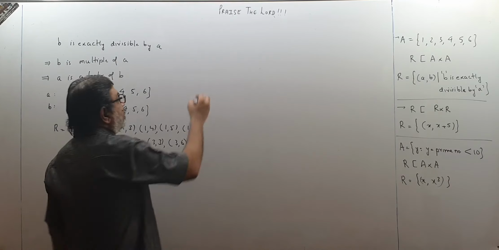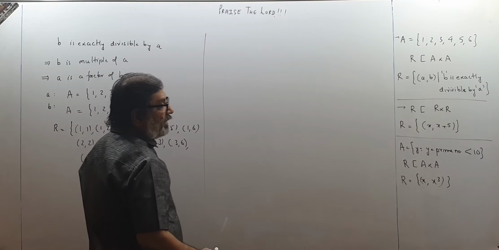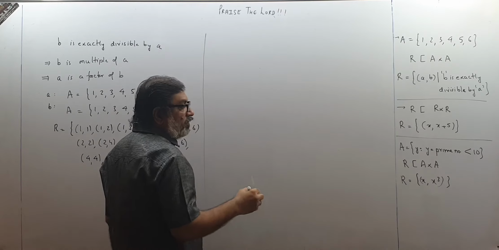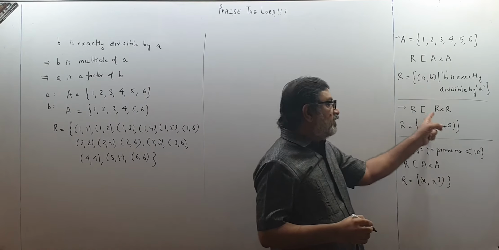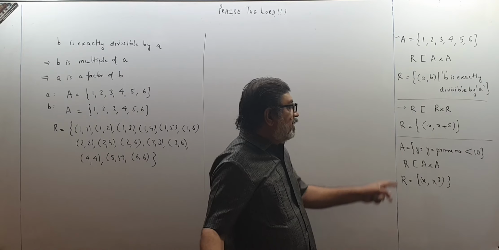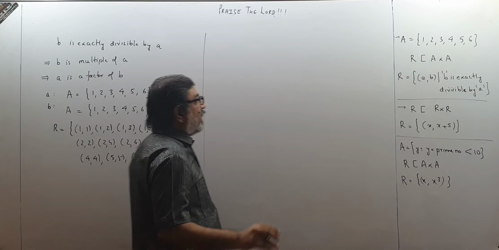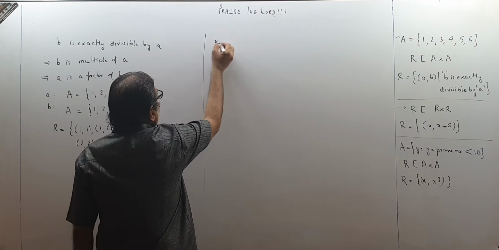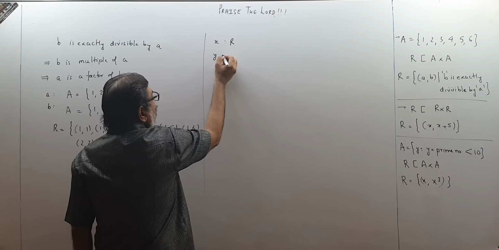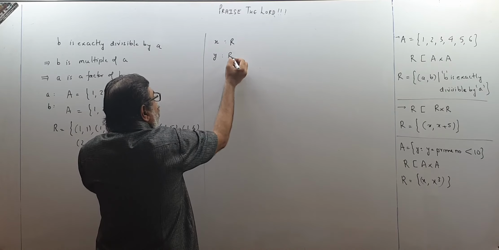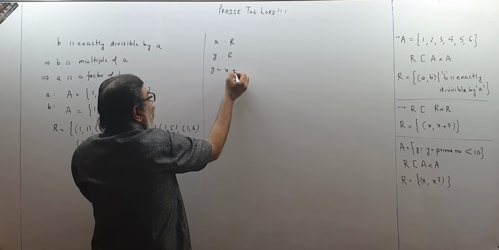Okay. Then next one is R is a subset of R cross R. So therefore, the first element also is from real numbers and the second element also from real numbers. R is a relation that goes from x to x plus 5. So children, R cross R is there. So x will come from R, y also will come from R. Okay, and we know that this y will be equal to x plus 5.